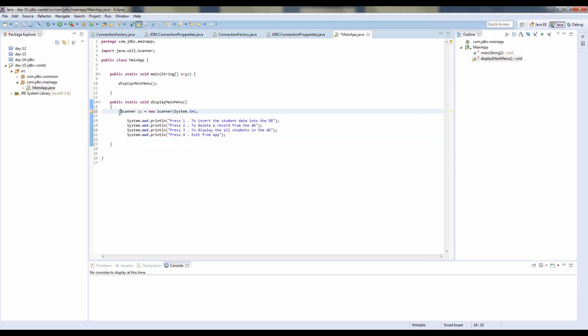Okay, so the user will be pressing 1 or 2 or something like that, right? So first we need to get the input. So sc.nextInt. Whatever choice they enter, according to that we will be taking the action. So we'll write a switch case. There is a switch case as an alternative to if else, and we can take something like switch on